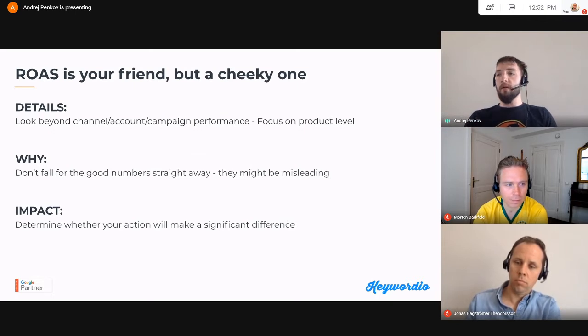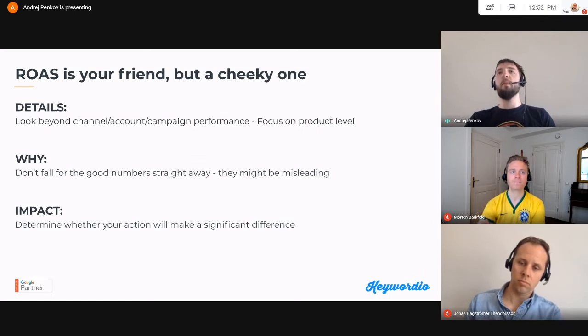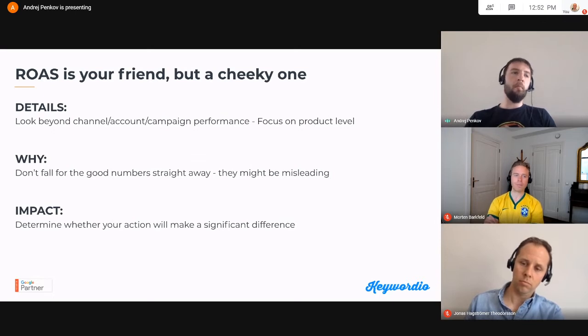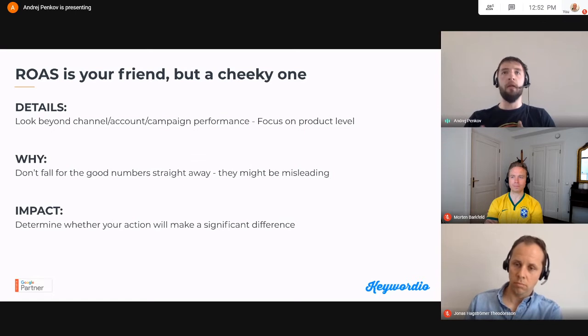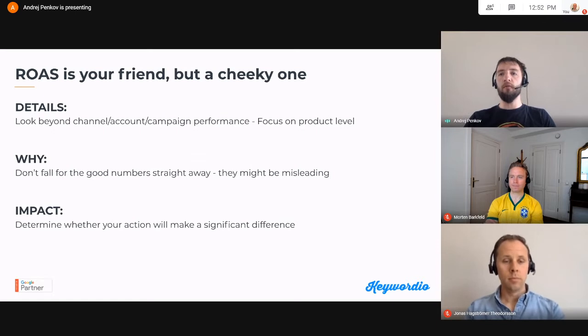Why is it necessary to do? Because sometimes, even if you're using the best logic ever, the numbers can be a little bit misleading and they might portray a picture that is not going to get you anywhere. And again, I will have an example of that. And lastly, you have to consider the impact. Even if the numbers are in good order and you've utilized all the best logic possible, they might just not deliver enough to keep you going, and we don't want that.